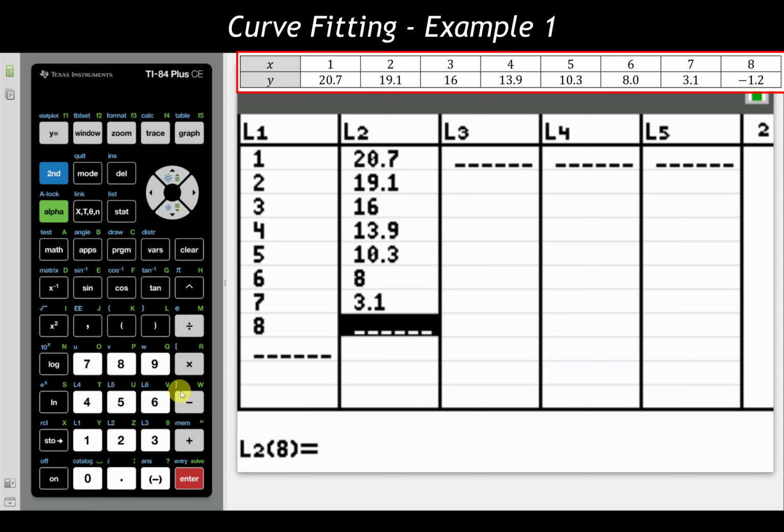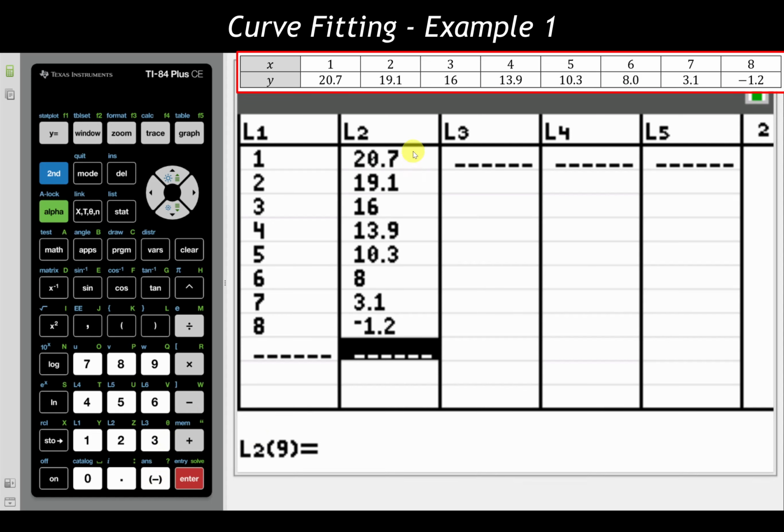Quick note here with this negative. Do not hit the subtraction key over here. That is going to give you errors showing up. We are trying to enter in a negative to tell us that we have a negative number. So we want to hit this little parenthesis with the negative down here. Negative 1.2. Make sure you're double checking yourself on that. A good chunk of people tend to hit the subtraction sign, and that gives us syntax errors and things like that showing up. You might get an error showing up on your screen if that happens. So remember, button down here is for negative numbers, not this one.